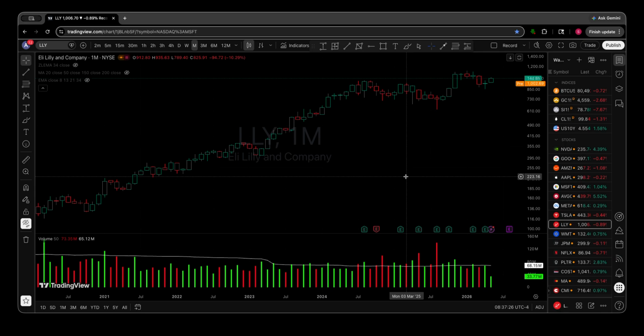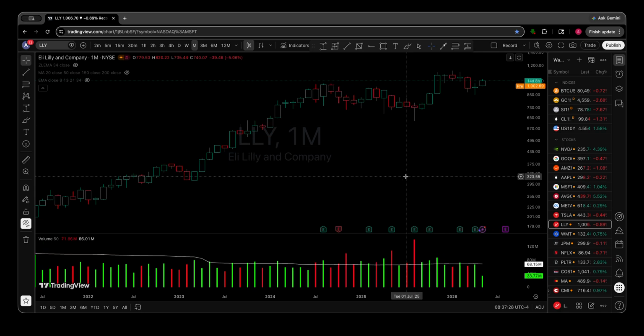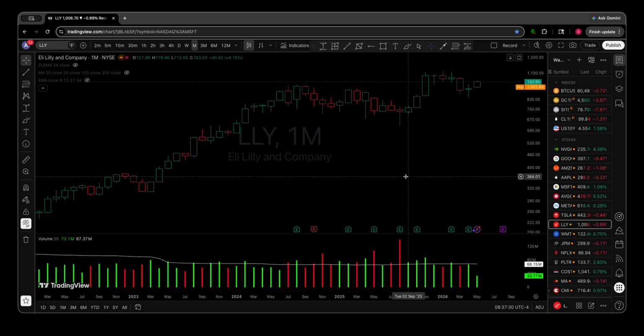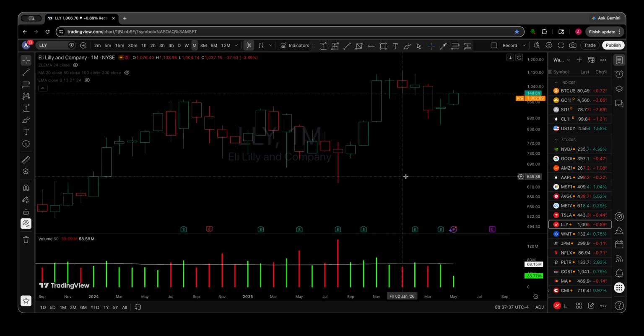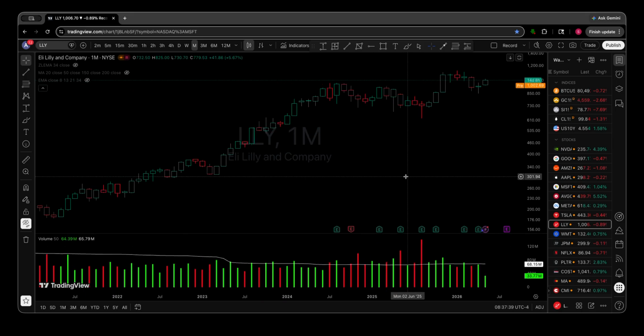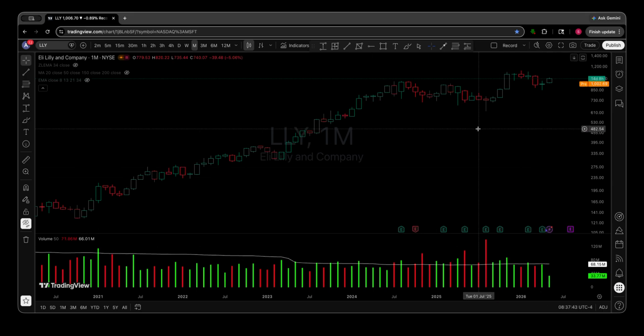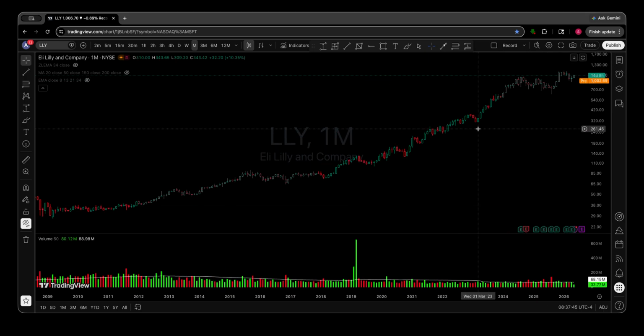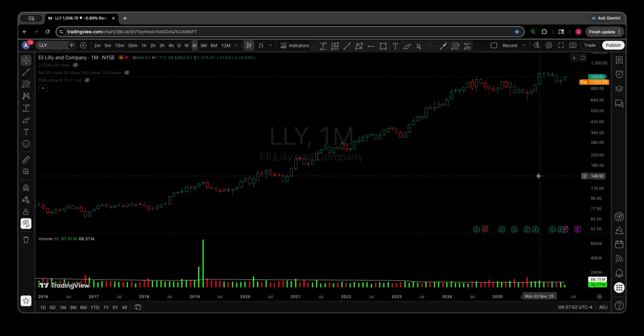Friends, today we are analyzing Eli Lilly for medium to long term predictions or estimates that we can get on the stock. So the chart is looking good, and as we can see on the chart, this is the monthly chart for the last few years. It's been in a secular uptrend for the last 15 years and more,